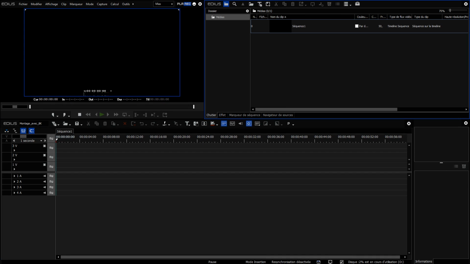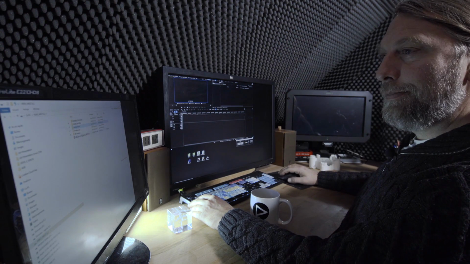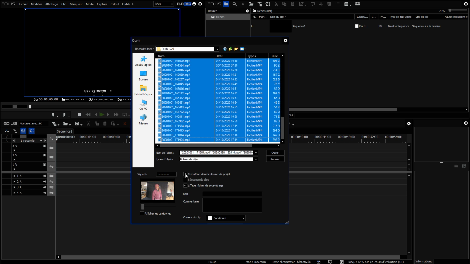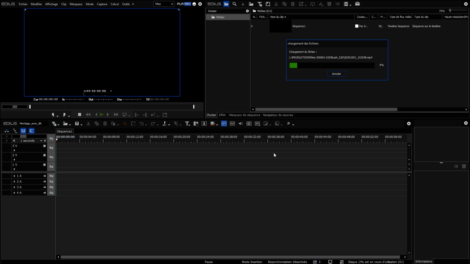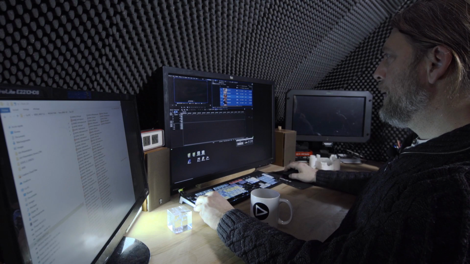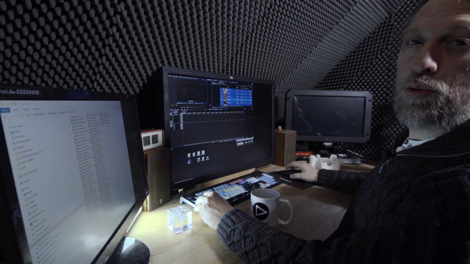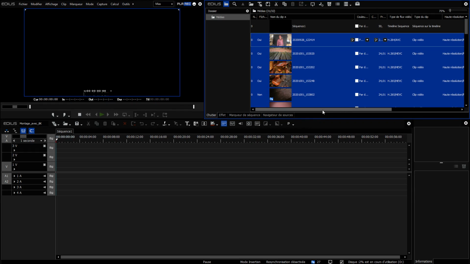So the first thing I'll do now is import our raw footage. Edius also transfers the material into the project folder because I selected this option during import. In the next step, we will sort the clips.